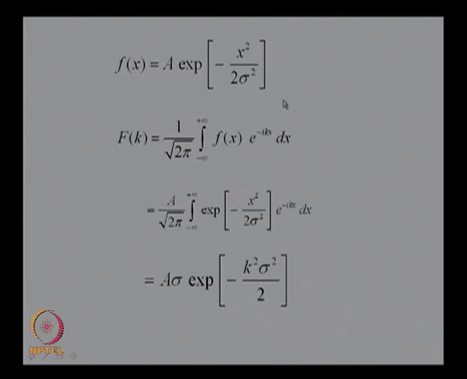So, as I mentioned just now, let me take a Gaussian function, f of x is equal to a exponential minus x square by 2 sigma square. So, I substitute it here and calculate its Fourier transform. Here you again use the same relation with alpha equal to 1 over 2 sigma square and beta equal to minus i k. So, the square of that is minus k square sigma square by 2. So, we say that the Fourier transform of a Gaussian function is a Gaussian function,